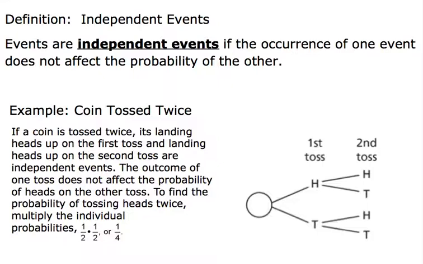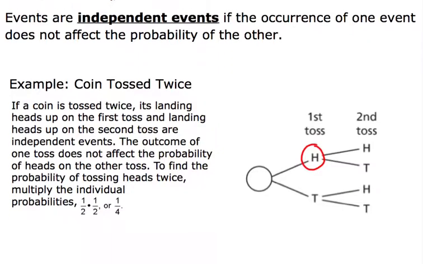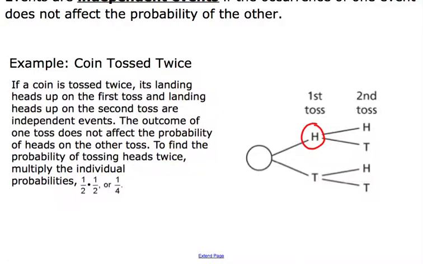So let's say we have a coin and we toss the coin up in the air and it lands on a head. Okay, so this is your first toss. Then you toss the coin again, and the second toss is independent of the first one. It does not affect the probability of the other. What is the probability that this head would happen again? So you would have a 1 in 2 chance